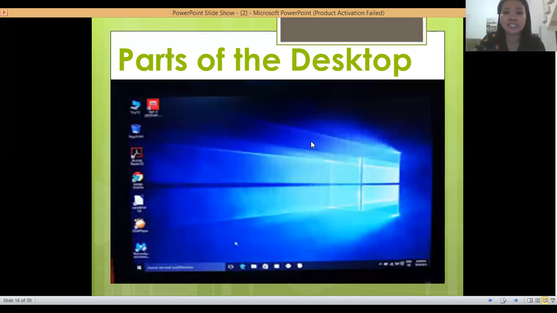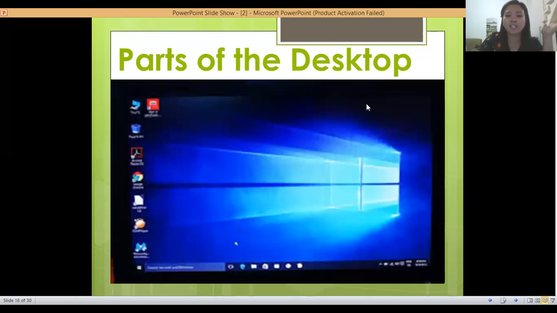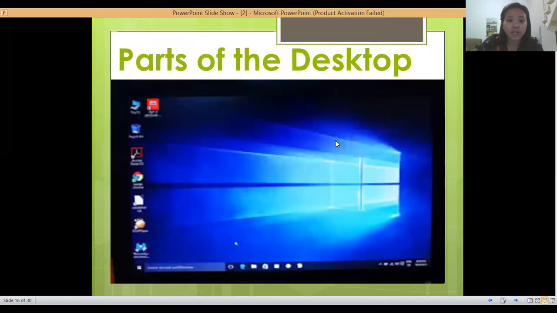Now, after opening it, you will see the desktop. So what is a desktop? A desktop is the overall working area in your window. So all of this one is your desktop, the overall area of your windows. Now, what is a desktop icons? Desktop icons are the small graphical pictures or folders which will allow you to open files and folders or programs. So these are the desktop icons, the graphical pictures. But the overall, we call it desktop. And this one, the small pictures or graphical pictures, we call it desktop